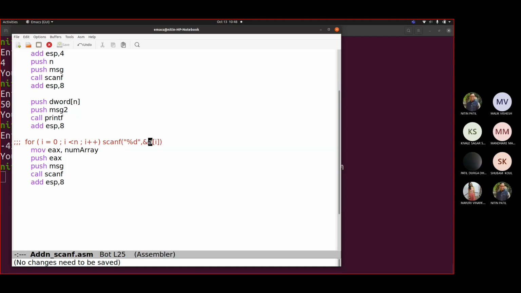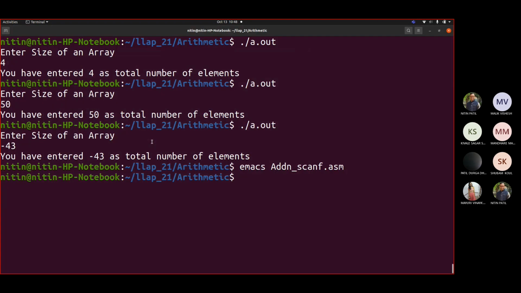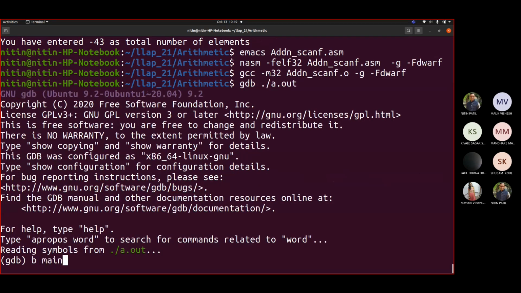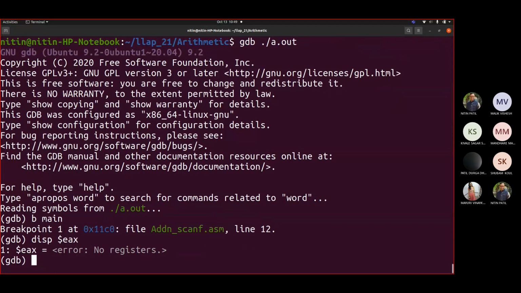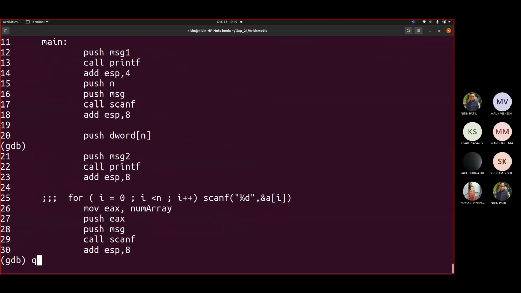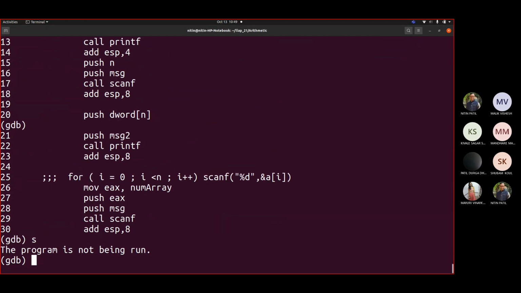Fine. So let us see. nasm, gcc, we will write this. So let me write this. Okay. So breakpoint main, display $ecx. We have not used anything else, we added only this ECX. Rest of the registers are not used by us. Okay. So let us say step. Okay, run.